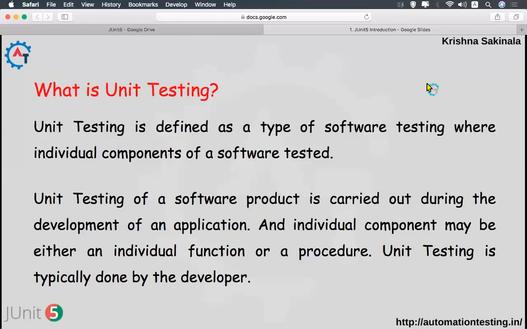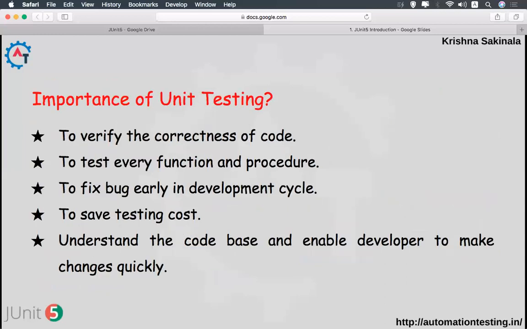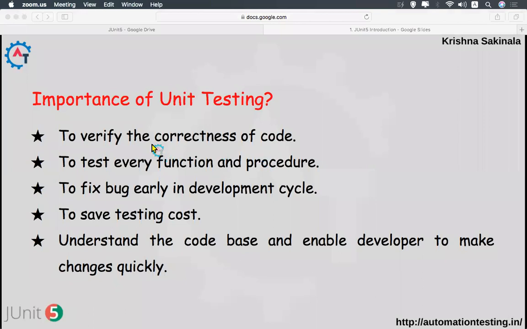So what is the importance of unit testing then? First, to verify the correctness of code. Just as we discussed, if you have written any method or procedure, you perform unit testing by giving different inputs to check whether it is working fine or not. Second, to test every function and procedure.